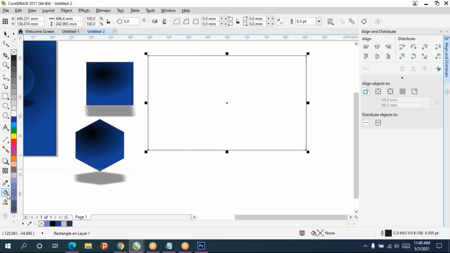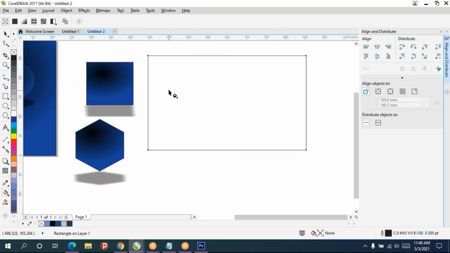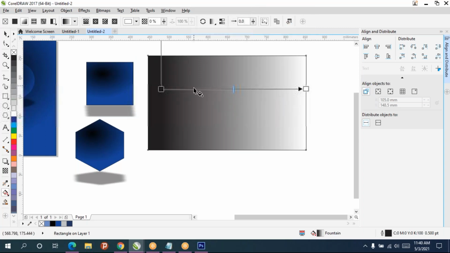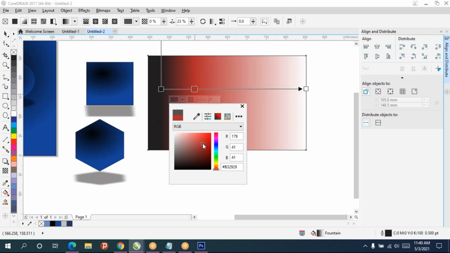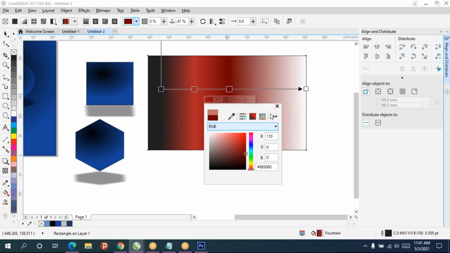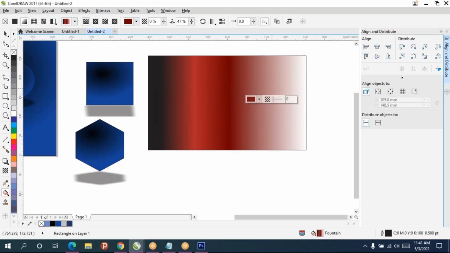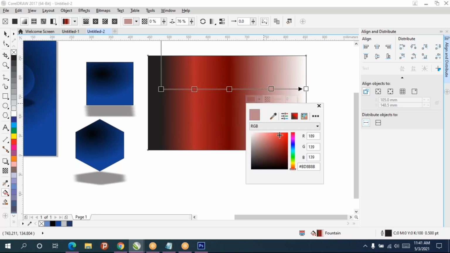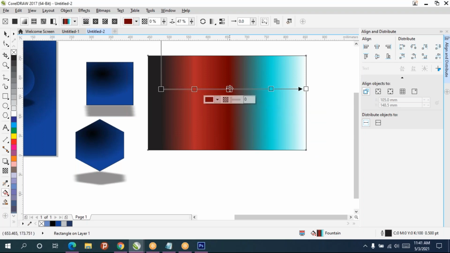When you're using interactive fill, if you want more colors, just click on the line to add colors. Double click on the line, double click, and if you don't want a color, double click on the color to remove.